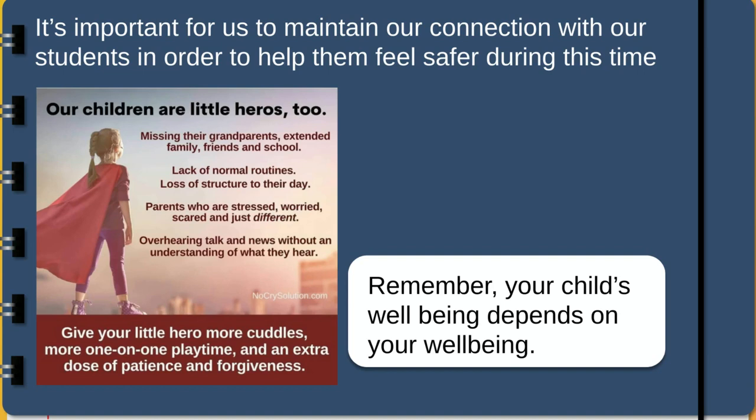Be sure to give them some off-screen time too. I know it's very easy to give them a phone or a tablet or a laptop and say, go and play some games on there. It's much healthier for them to be off those screens. I can imagine in the next couple of years everybody needing glasses with the blue tint. I'm already lucky enough to have a pair, but that's because I've been working on a computer for far too long. So please give them a big hug from us. We all miss them, and tell them that we miss them too.